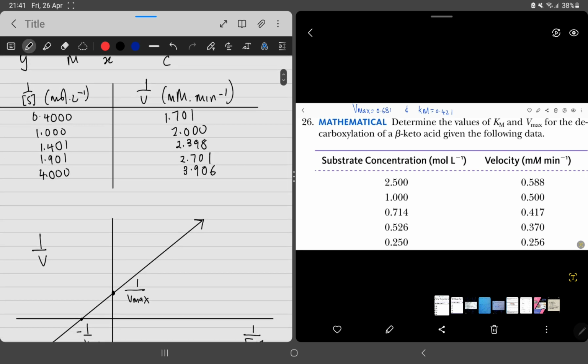Okay, so I'm going to teach you now how to find the equation of the straight line using a calculator. So you will press mode setup, you will choose option 2, which is stats, and then you will choose option 2 again, which is a plus bx. And then now you're going to input your data. This will be the x values, and on the right hand side, these will be your y values. 0.4, 1, 1.401,